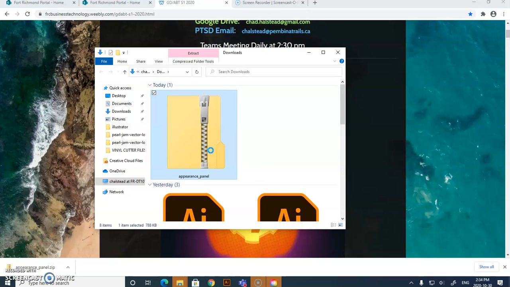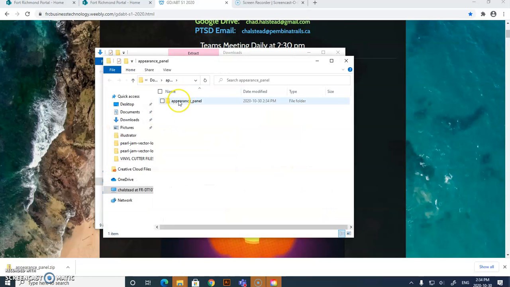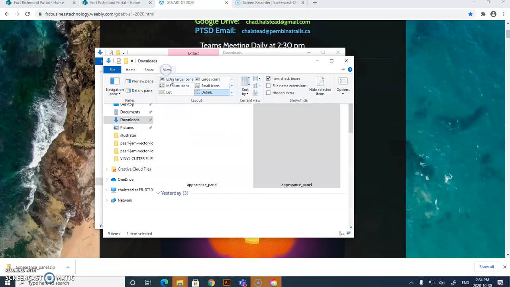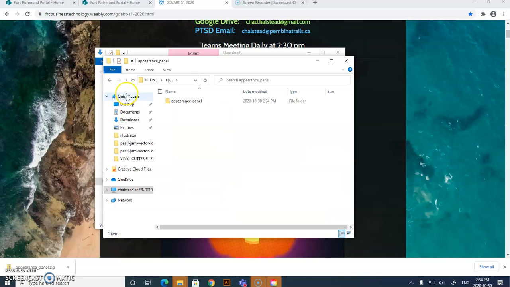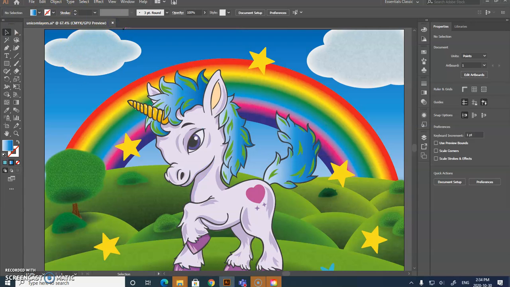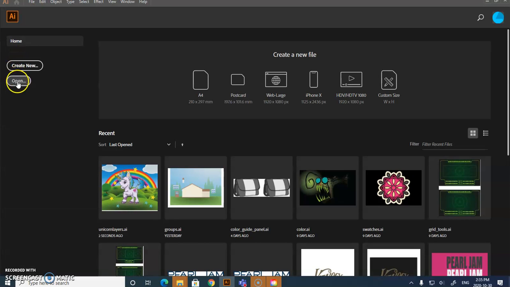So we right click on these and we just go extract all. It takes a second, and now in this downloads folder we've got one with a zipper on it, one without. The one without is now uncompressed, and we can use those files. So I can double click on there and I can see that there are 3 files here. So in Illustrator, I'm going to go open,